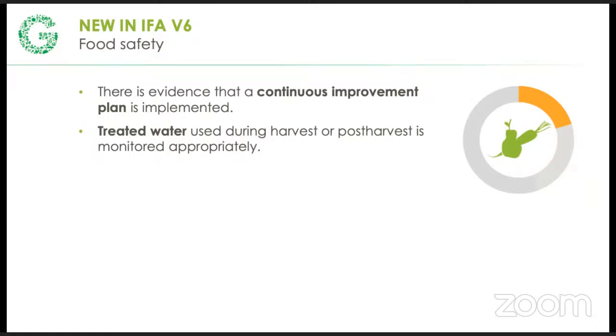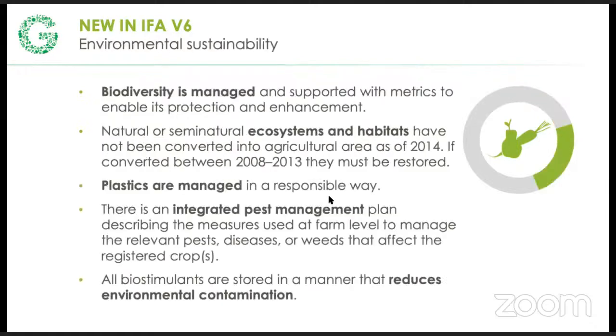This shows that, to stay in compliance with this certification, you want to demonstrate and prove that you're going to continuously improve your operation, your employees, you're going to be training them, you're going to be doing lessons learned each time. So you're tweaking and making improvements every single time. They call out, for example, treated water is used during harvest or post-harvest, and you're monitoring that. You're testing it and things like that. Just put that out there as an example.